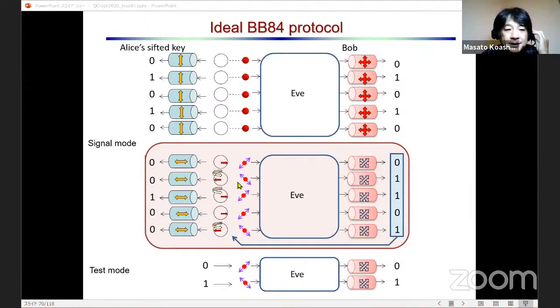Then a phase error in the signal mode happens when Bob makes an error in discriminating these two diagonal polarizations, but that error is exactly the same as the error in the test mode. So the phase error and the error in the test mode are exactly the same thing. This means that